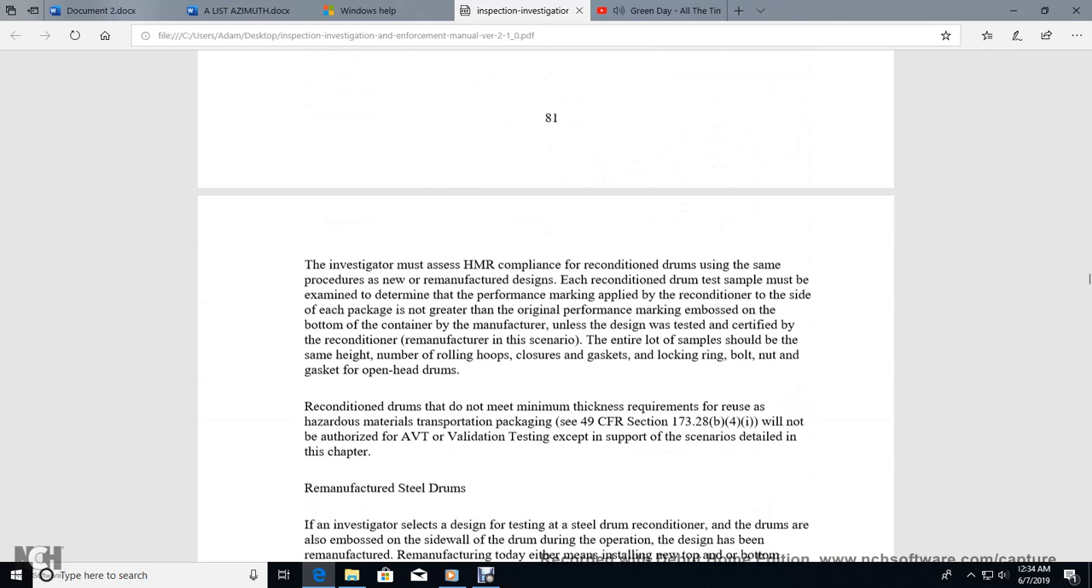Or the investigator must use the same material regularly combined with the reconditioned drum, either the same as the new or remanufactured drum, with the reconditioned drum as the test sample. Examine the drum with the performance marking, when they apply with the reconditioner, for the package with the original or regional performance marking, embossed on the bottom of the container by a manufacturer and the design tested and certified by the reconditioner or remanufacturer. The entire lot of the sample should be the same height